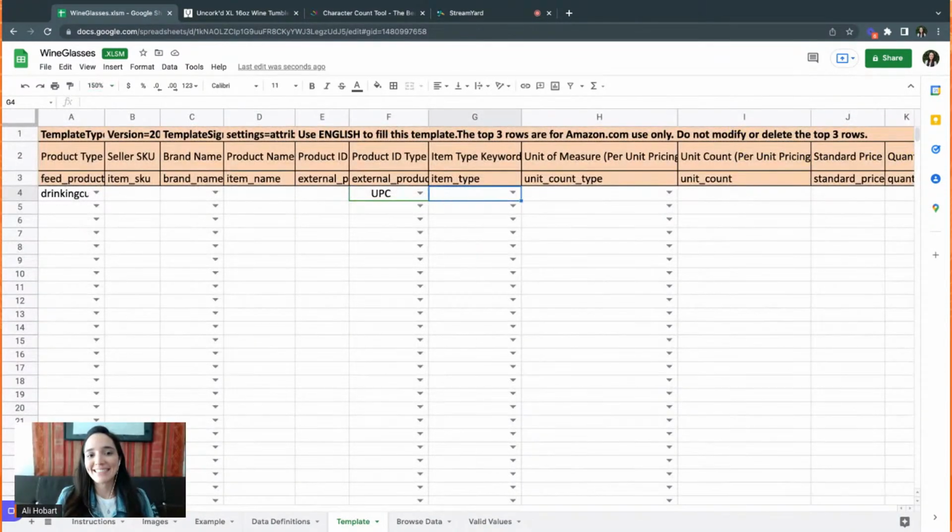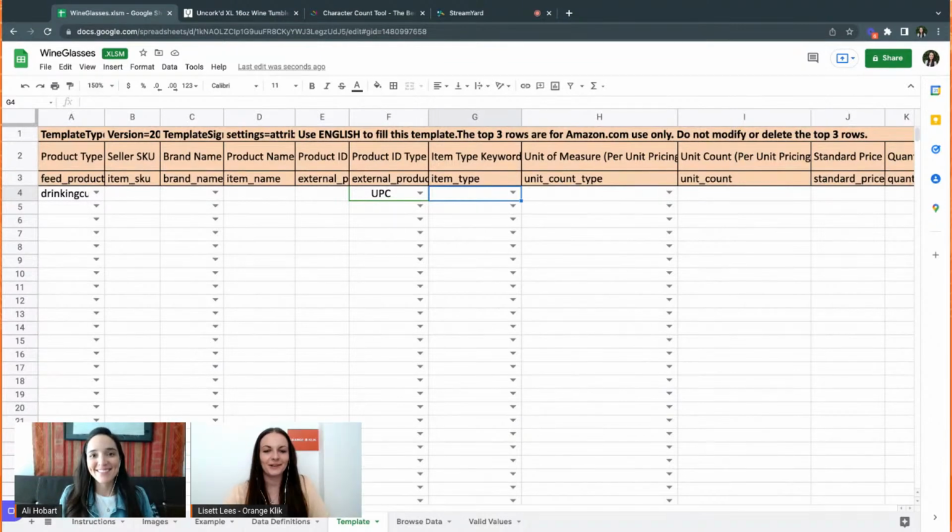Yes, enjoying the content very much and very great tips, because I think the case with flat files is that a lot of sellers do not have Excel on their computer. So working inside of the Google Drive is working wonders for them. Exactly. And it's free. So if you've seen any of our other videos, you know that we use Google Drive all the time. Google Sheets, Google Docs, we use it for everything. So I'm really grateful that we can do that.